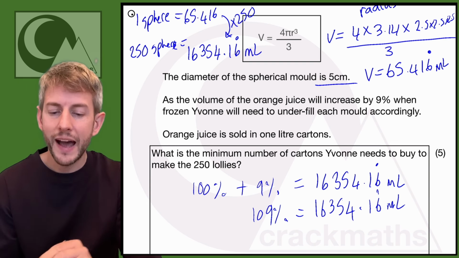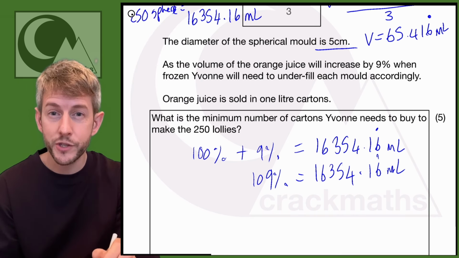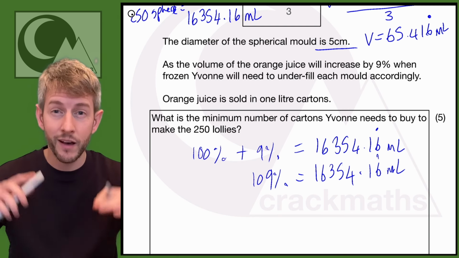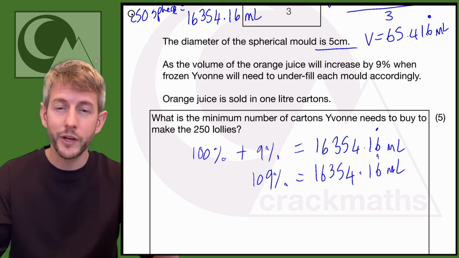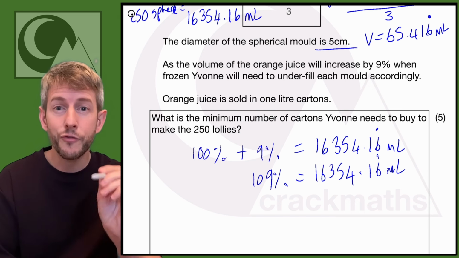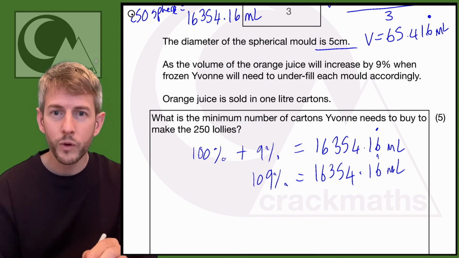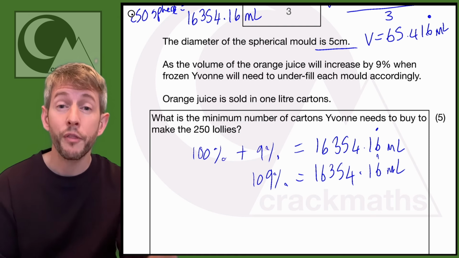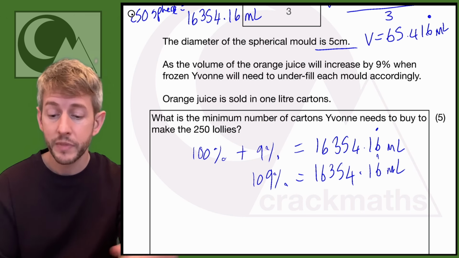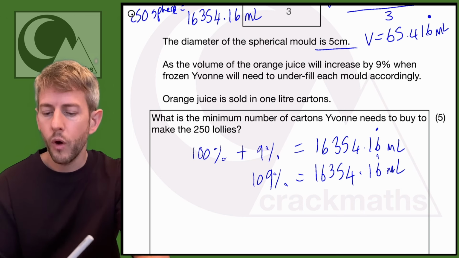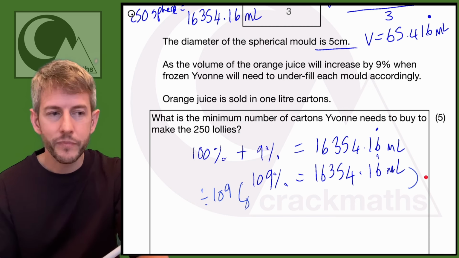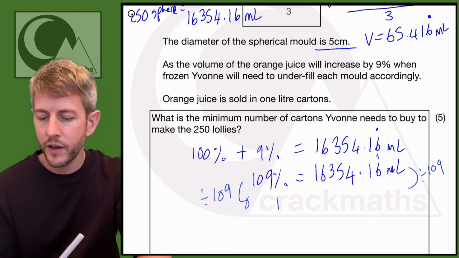So now, I know that this is 109% of the orange juice, because remember, the amount of orange juice that we buy is our 100%, and then that's increasing by 9% to fill up the volume. So the 109% of the orange juice is our total volume of all the spheres. Now what we want to do is find out what the 100% of the orange juice is, so we actually know how much orange juice we need to buy. So if I've got 109% is this, what I've got to do now is divide both sides by 109 to find out what 1% is,